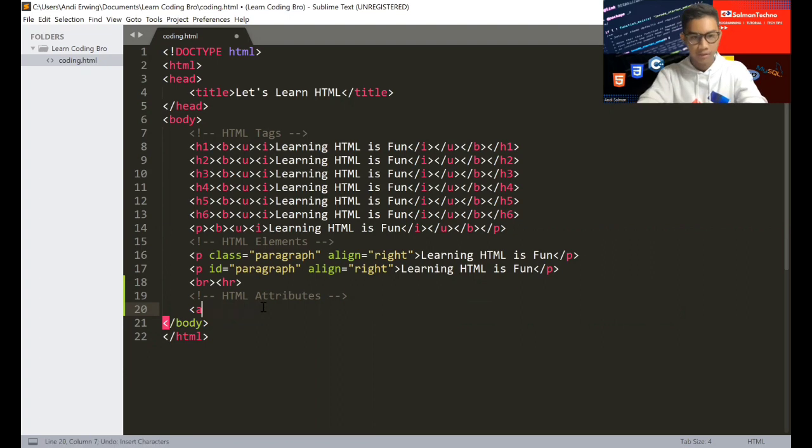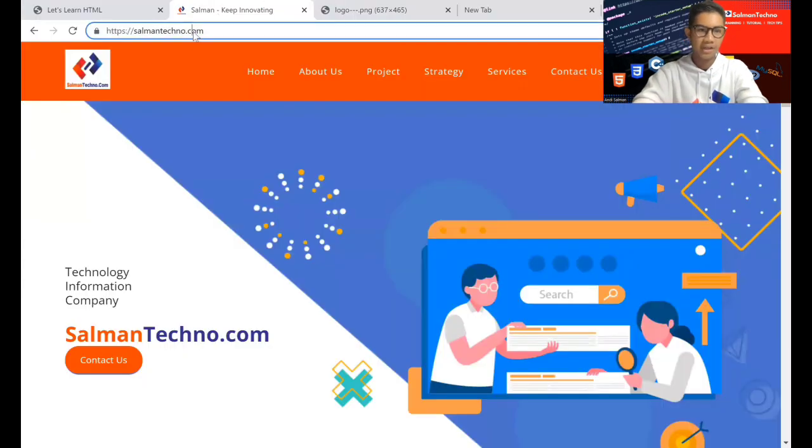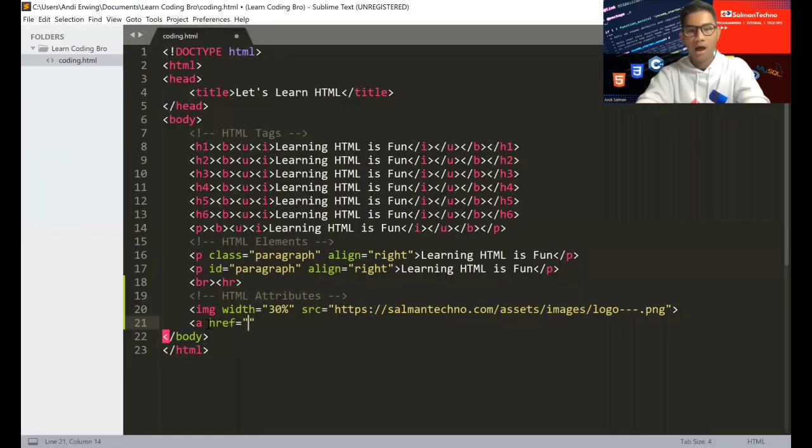Okay, maybe I can show this first, and then make the new one. I mean, make the newest one. Okay, href, and then you can copy it from Google Chrome in here. So this is the link. I'm gonna copy it, and let's go back to the Sublime Text, and I will paste this link to the